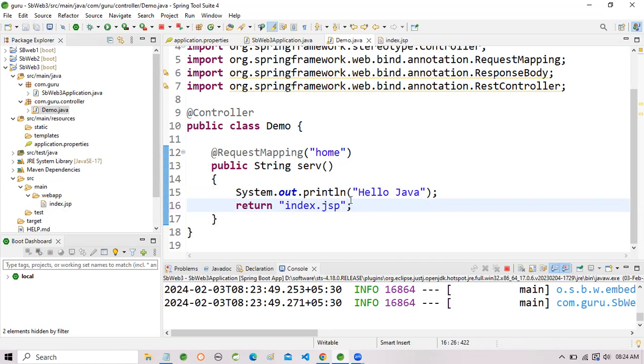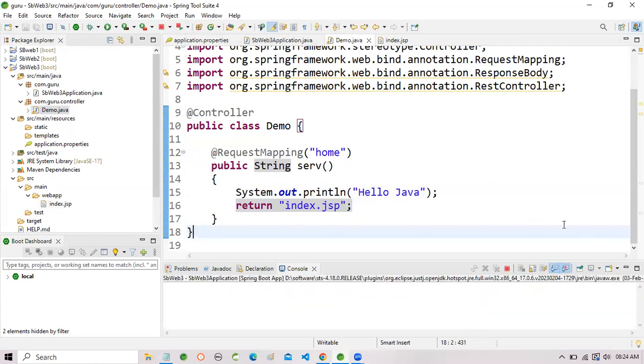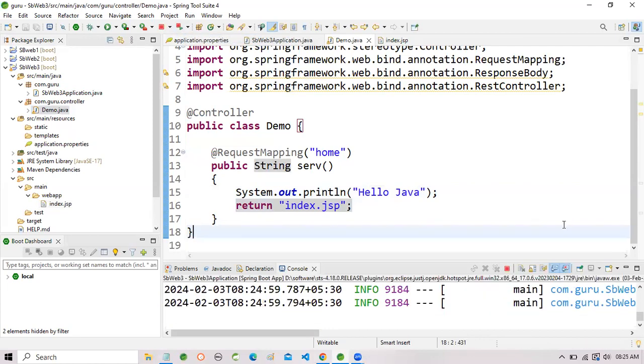Suppose if you want to call home, then I want to call this page. So here I specify it in the JSP page. Okay. So again, relaunch this. Okay. So home,